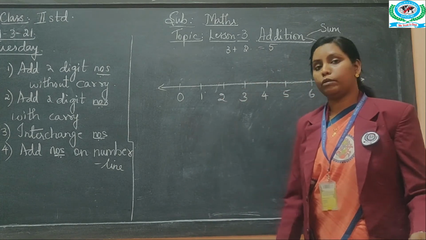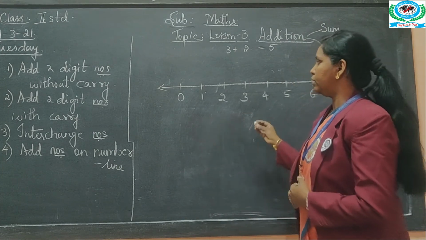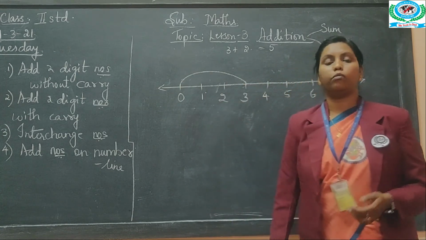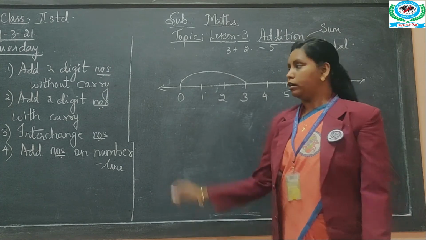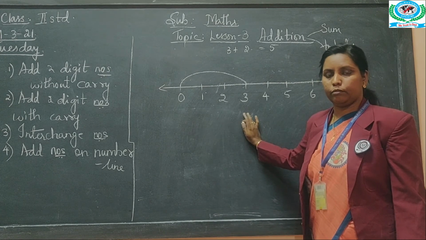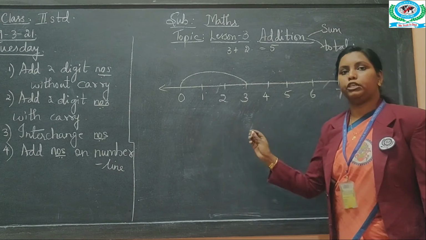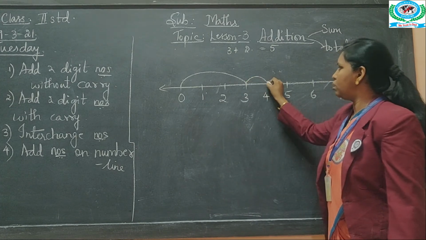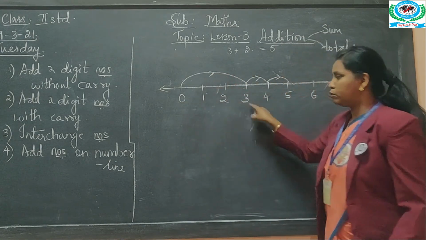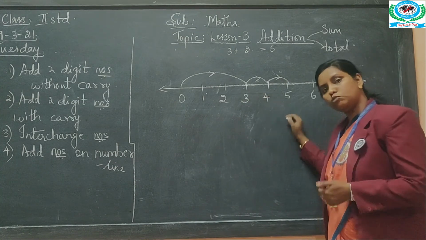Now we will see. For example, two girls are there. One girl jumped from 0 to 3 in one jump itself. Then after some time, she took 2 more steps, 2 more very small jumps. The first jump was a very big jump, then the next one a small jump, and another small jump she took.